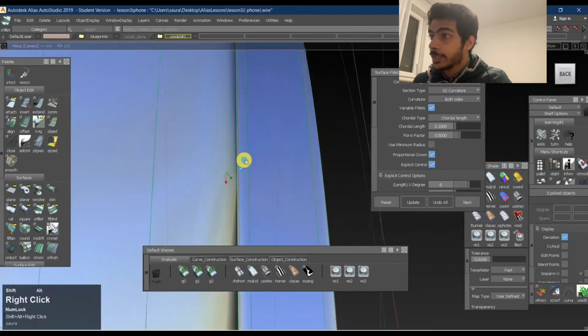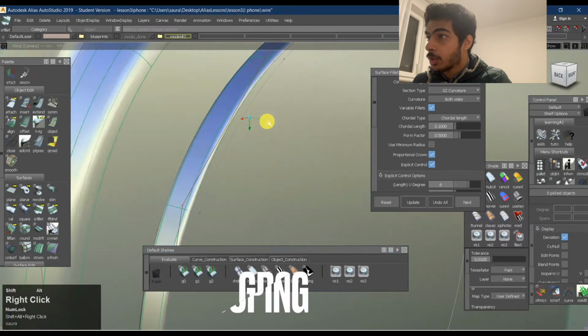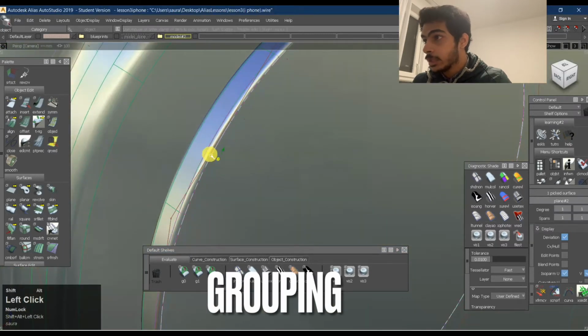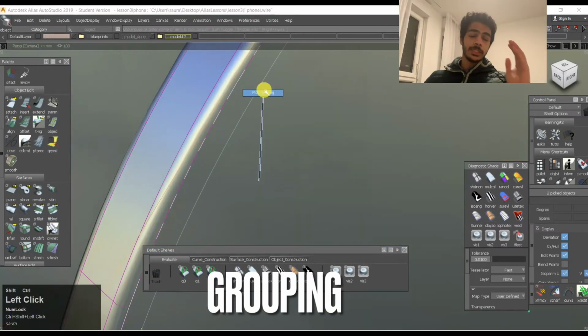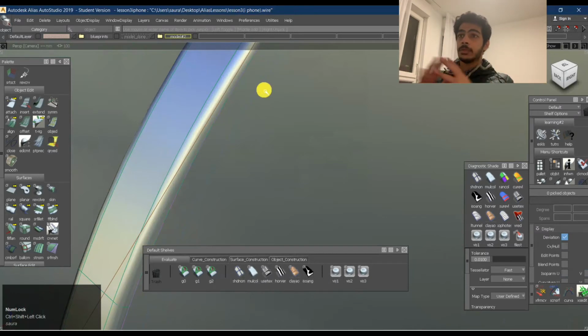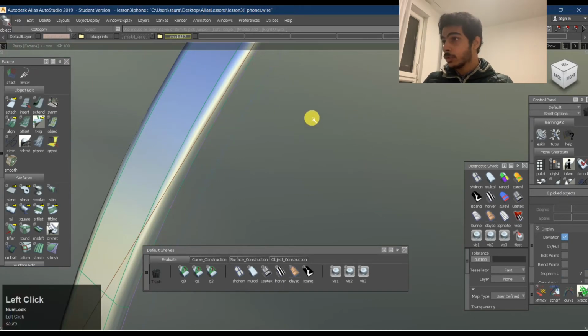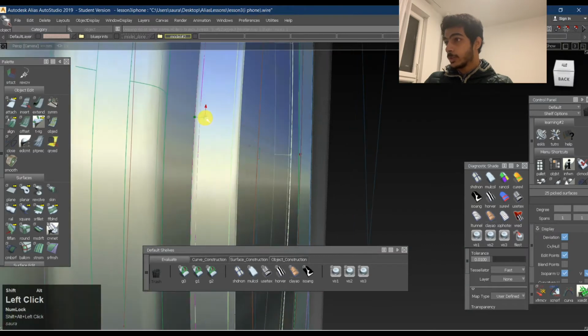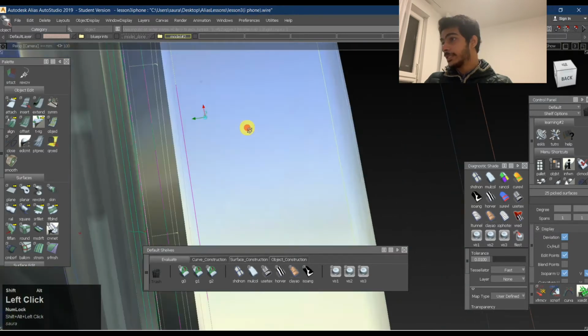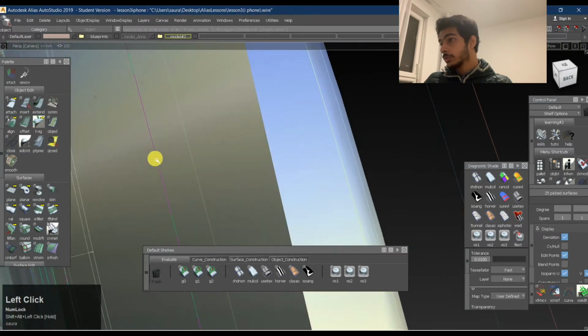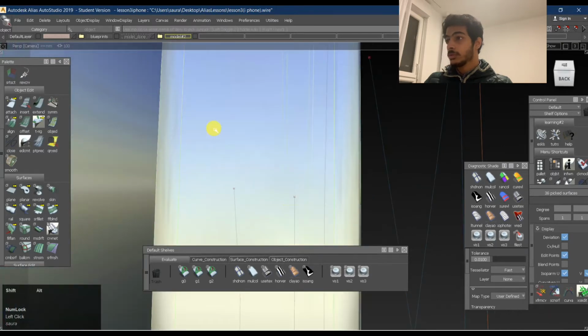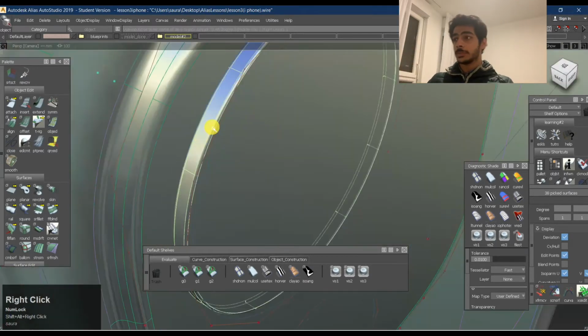There's one more important thing which I want to show you, which is how you group objects, right? When I made the first lesson about grouping things and what surfaces are and what groups are and stuff like that, if you might have seen it, you can check that out, or I'll put the link in the description box below as well, about the differences between all the surfaces, groups and stuff like that.